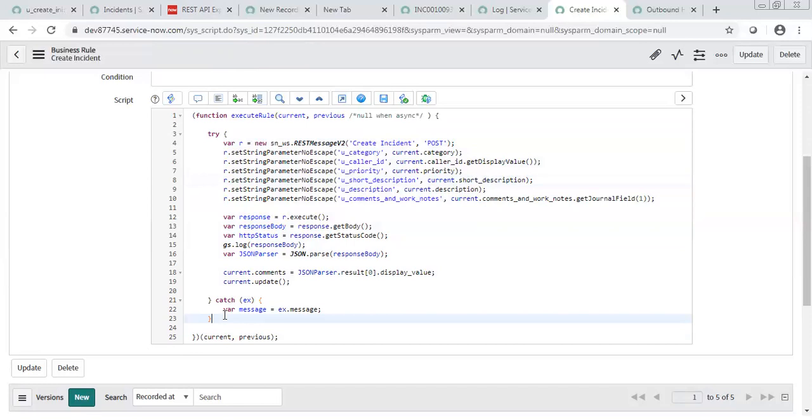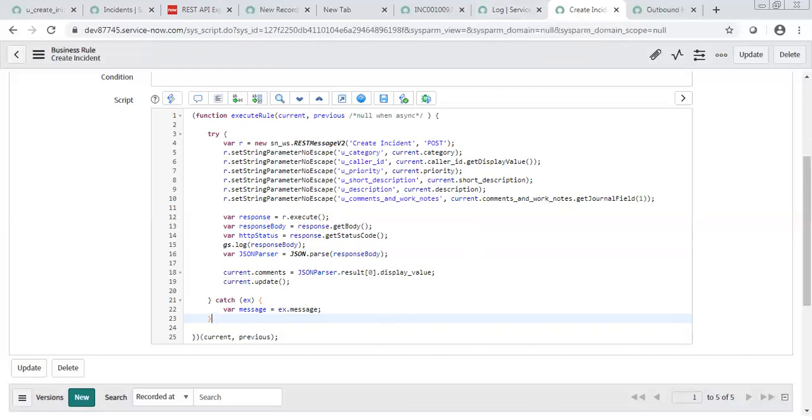So you can act as an inbound or outbound. For inbound, you have three options: direct, import set, or scripted. The last one is left. And the other one is that you can act as outbound. For outbound, it's always a similar process, just your SOAP or REST will switch. If you are going to use SOAP, then you will define the outbound SOAP message. If you are going to use REST, then you will define the outbound REST message. That's it.